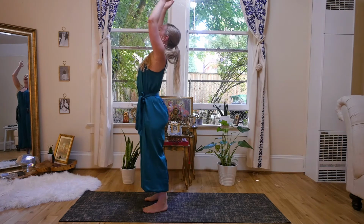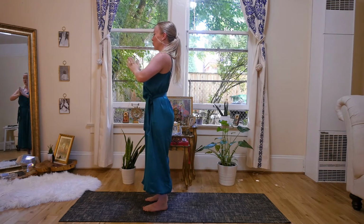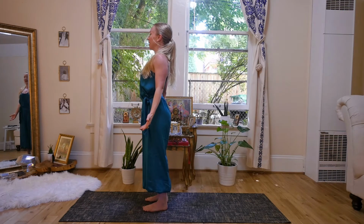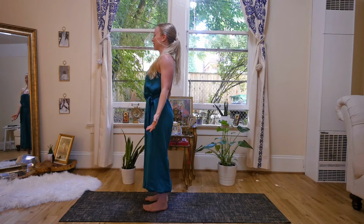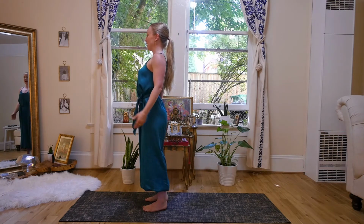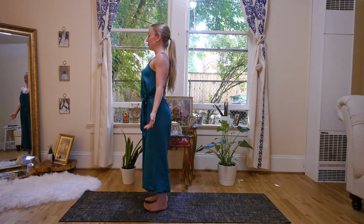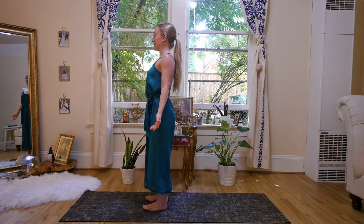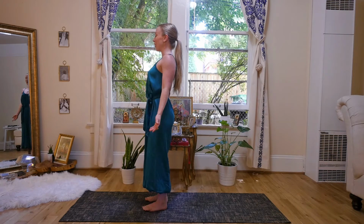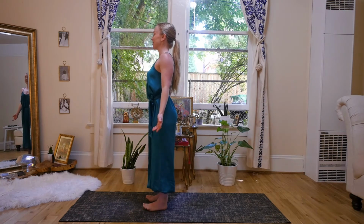Greeting the sun and bringing the hands back to the heart center. Taking a moment, releasing the hands down, palms facing forward, and just shine your heart bright like the sun. You might even like to visualize the sun at the heart center, the morning sun rays. The sun is the light of consciousness. Our sun salutations are designed to bask in the reverence of the sun,